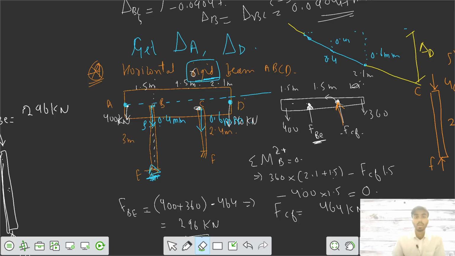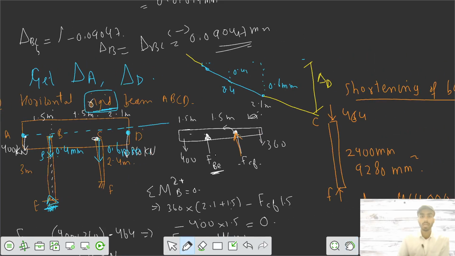The point B has been shifted by 0.40 mm. If the displacement at point B is 0.4 mm, I can find what the displacement at A should be. Keeping it aside for now,